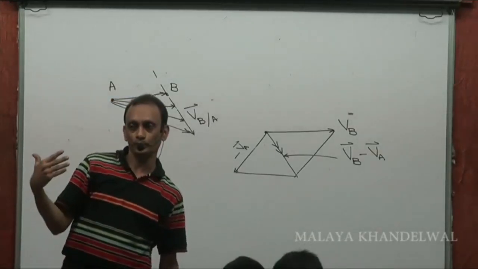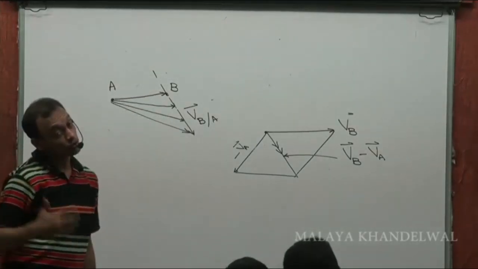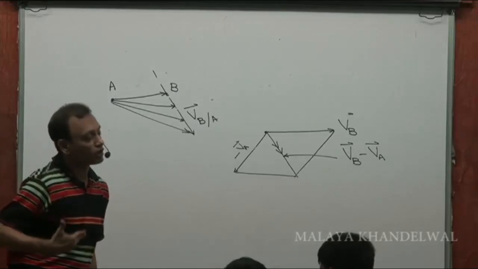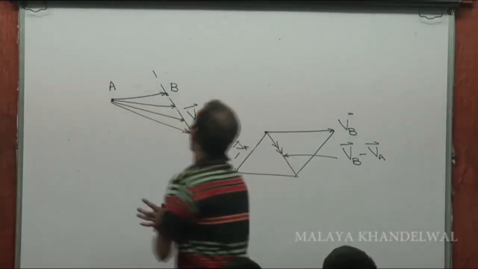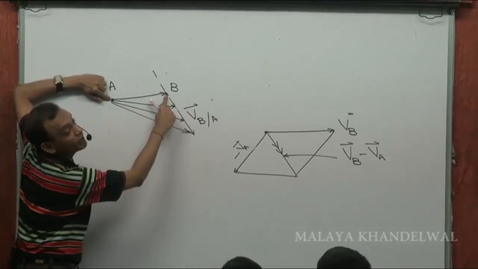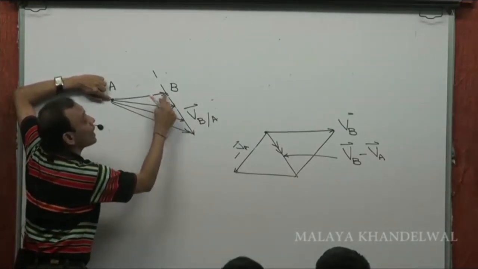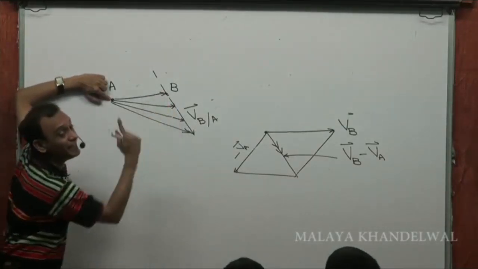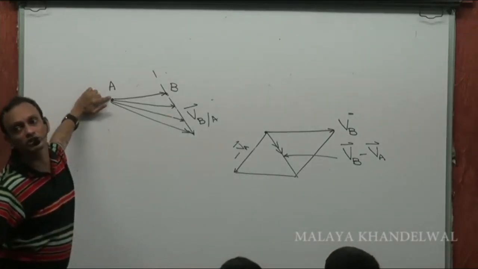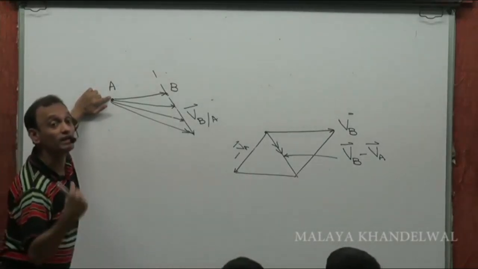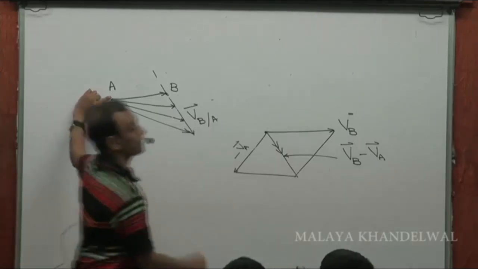Yes or no? Right? So when we talk of velocity of B with respect to A, velocity of B with respect to A is how the relative position between B and A changes with time. That is what measures relative velocity of B with respect to A. And